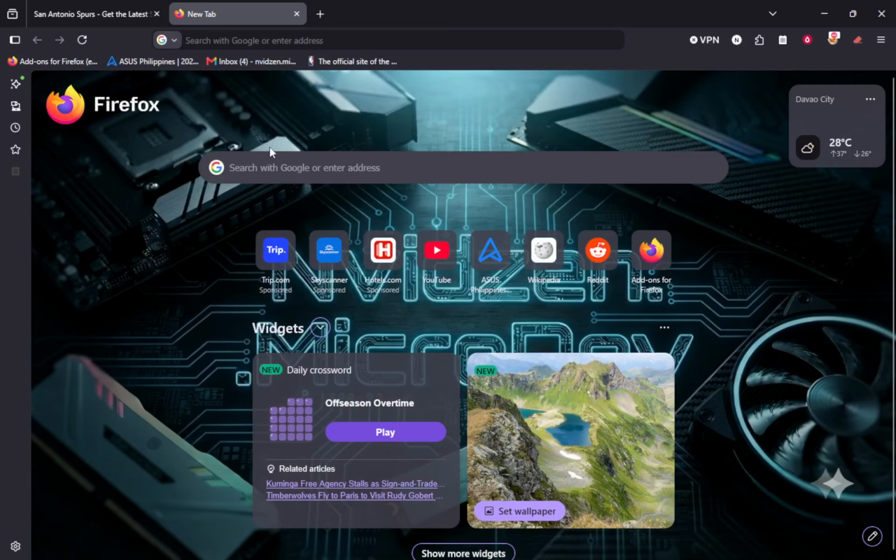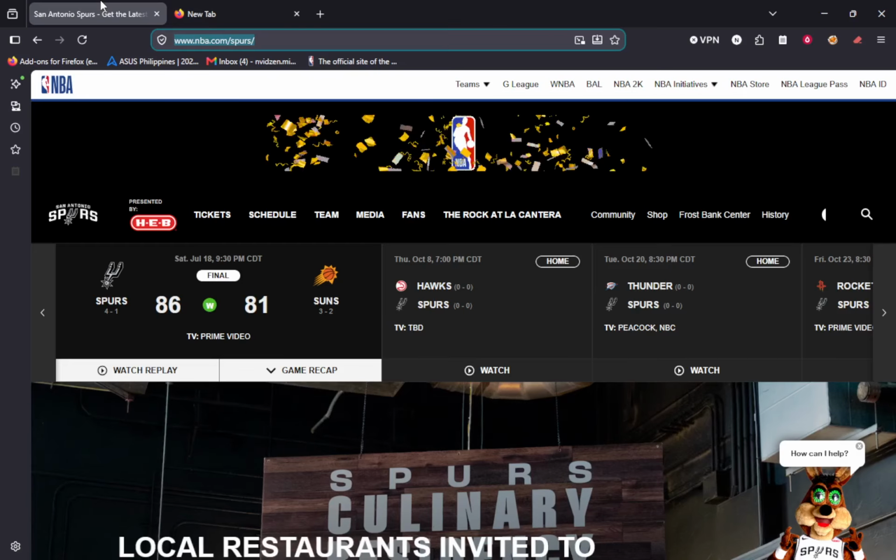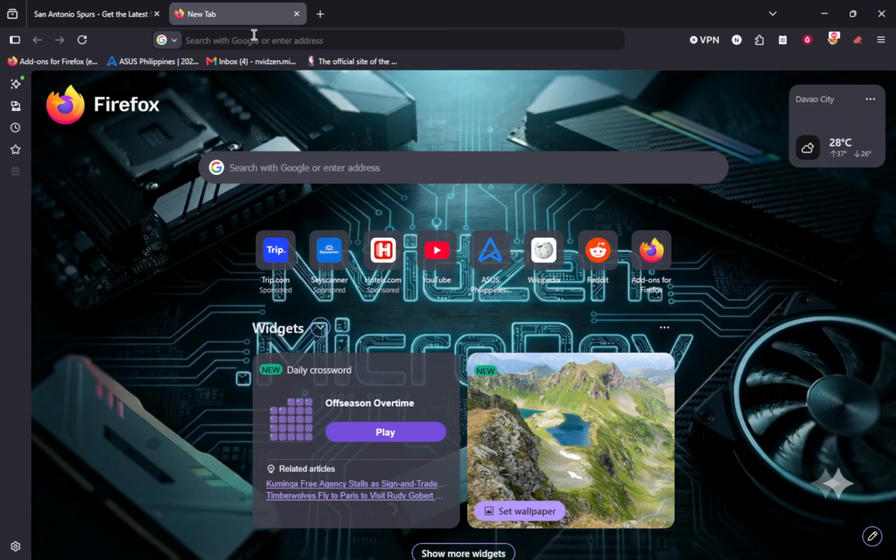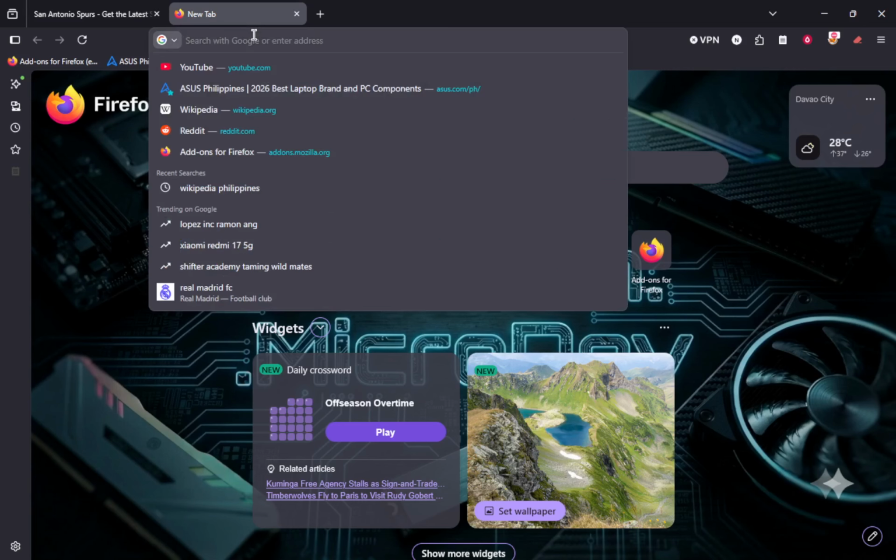Now let us look at deleting just one search instead of everything. Click once in the address bar at the top of Firefox, or in the separate Firefox search bar if you have that visible. The bar will become highlighted, and your typing cursor will blink inside it. This is the same place where you usually type website names or search terms.